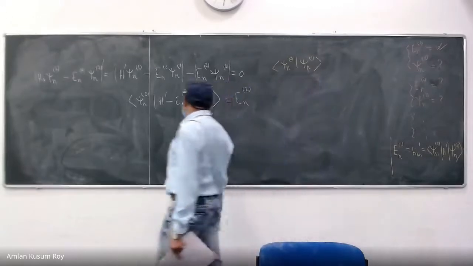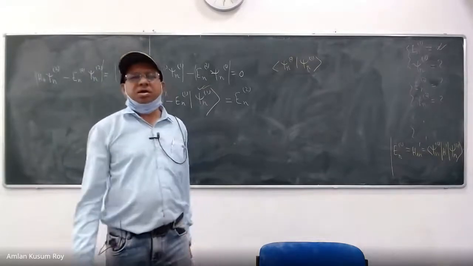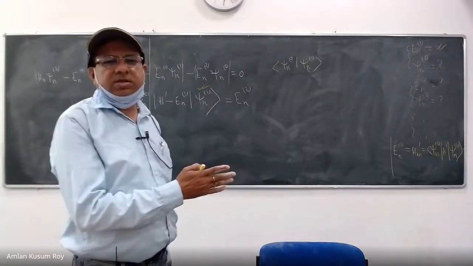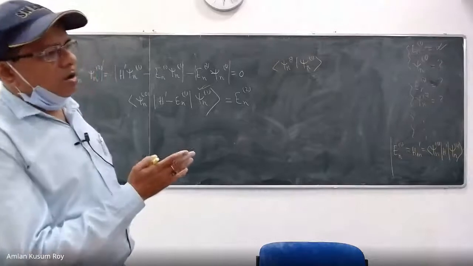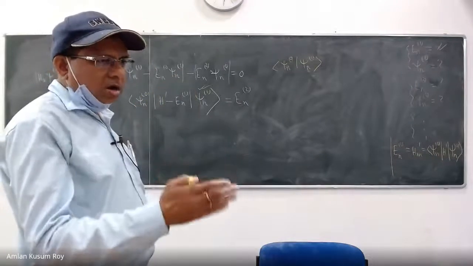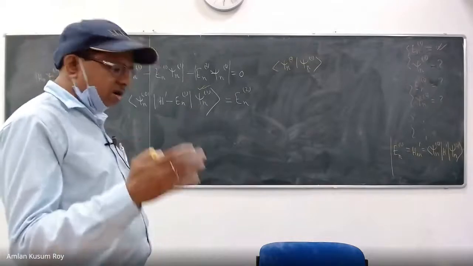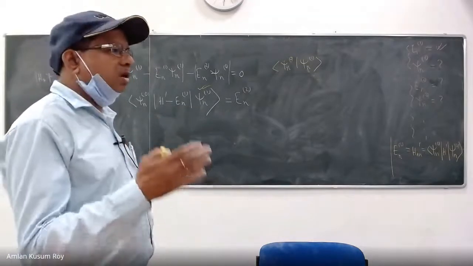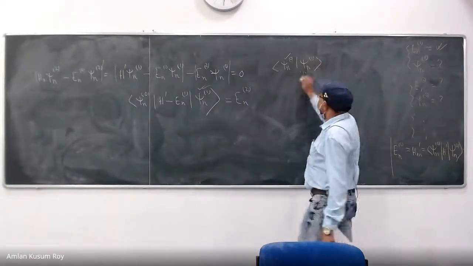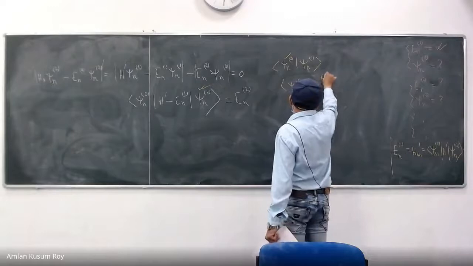I mean, in the previous class, I think we introduced the so-called intermediate normalization, where we have assumed that for a given state, which is n in this discussion, all the intermediate order corrections are orthogonal to each other. Wave functions corresponding to all the different orders of perturbation are orthogonal to each other. That means psi n0 is orthogonal to psi n1. Similarly, psi n0 is actually orthogonal to all other orders.